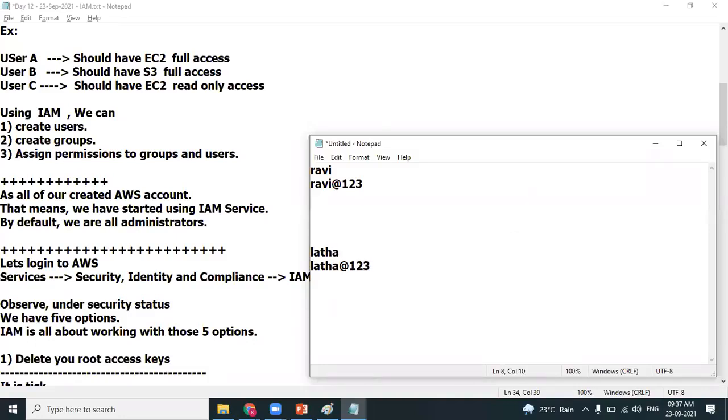The most important thing is that Ravi should have access to only the EC2 service. I want Ravi to access only one service called EC2. I want Lata to access only one service, that is S3. How do you create users? Next, how do you restrict a user to one specific service only? All this can be done by using Identity and Access Management. Let's first learn how we can create new users.